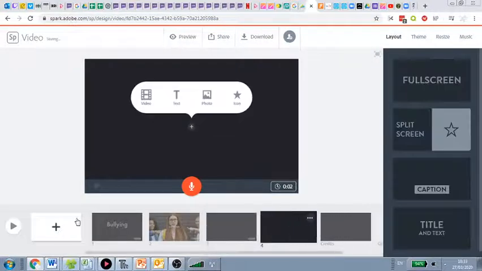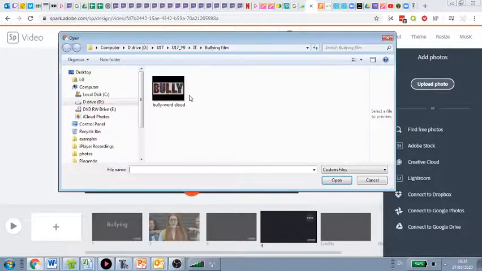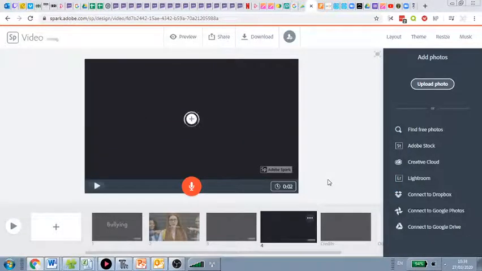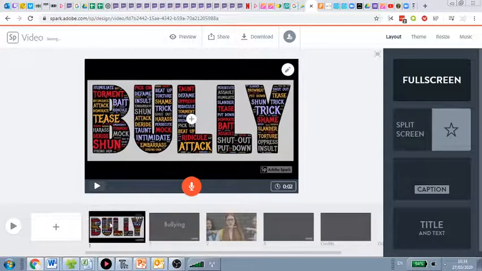So if you go to add and we go photo, obviously you can upload your photos, but you can also do a search. Now we can do the find free photos because they also use the Creative Commons licensing. So we can do that, or we can just upload our own as we did before. Okay, and let's then think about where that goes. So let's just move this around. Just to remind you about adding